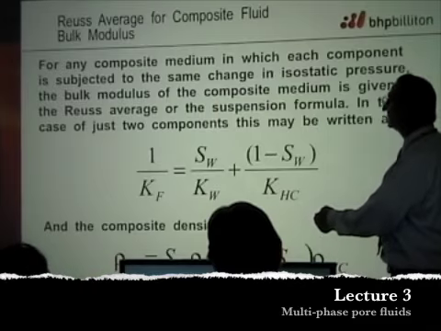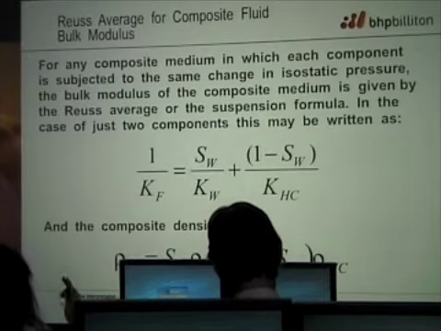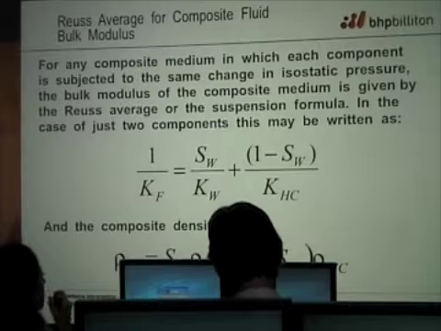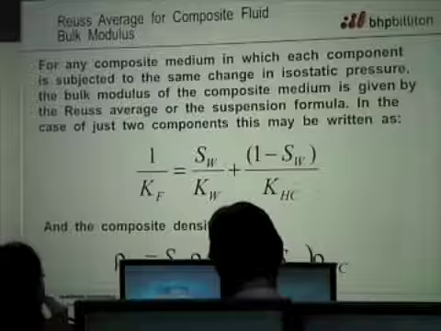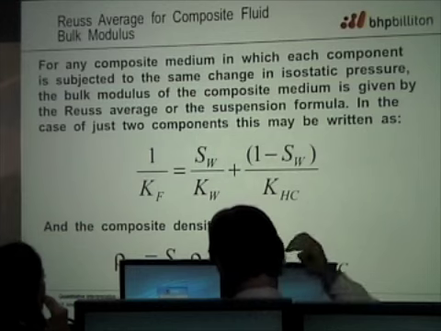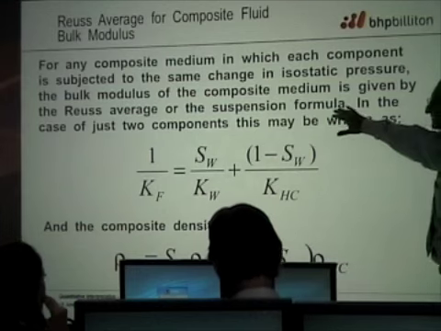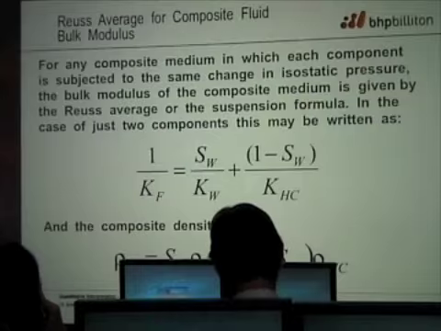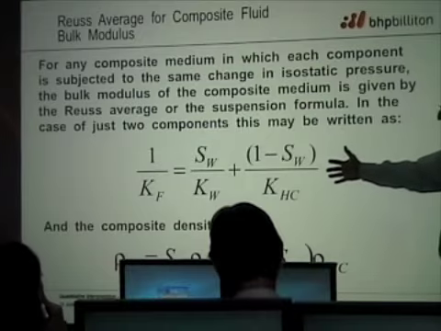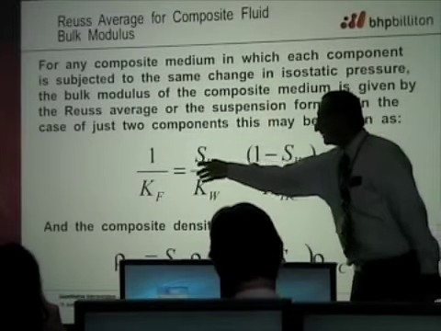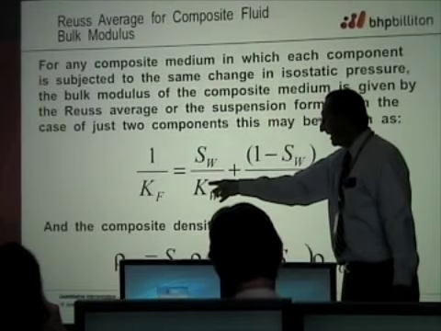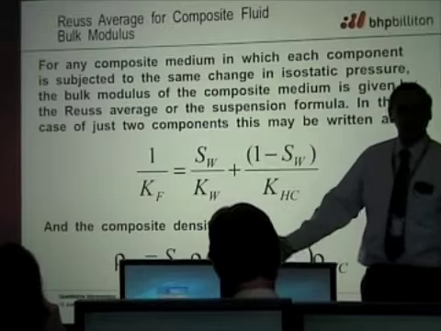And here's the statement. For any composite medium in which each component is subjected to the same change in isostatic pressure, the bulk modulus of the composite medium is given by the Reuss average, also known as the suspension formula, sometimes called the Wood formula. In the case of just two components, you could write it this way, but it's generalizable. It could be written as the sum of F sub i over K sub i,